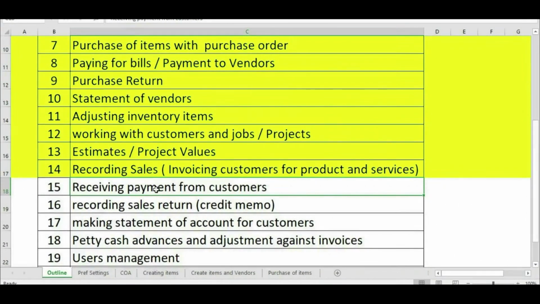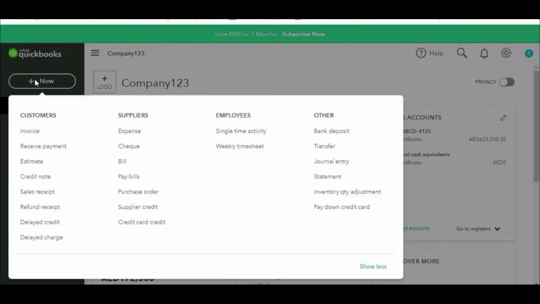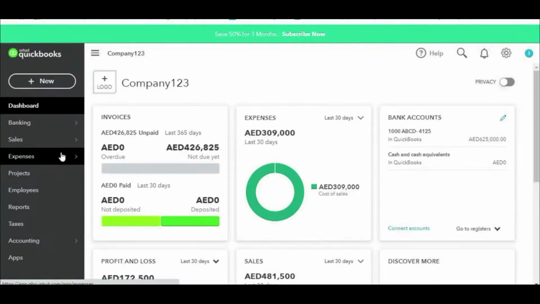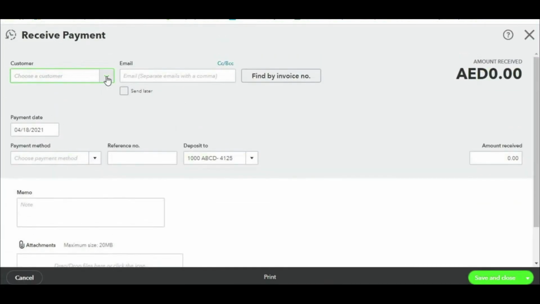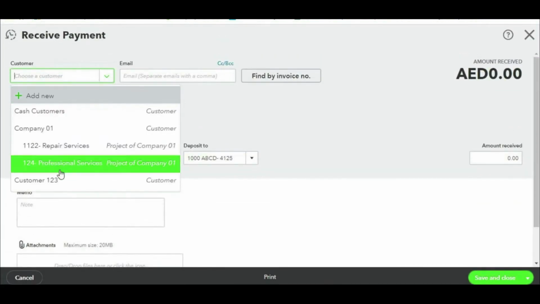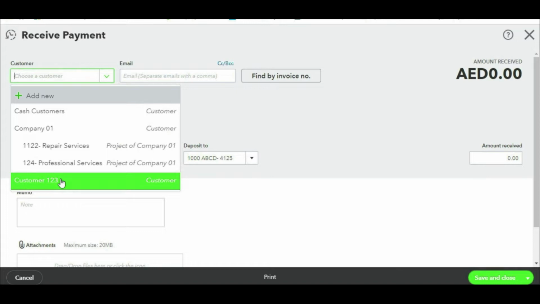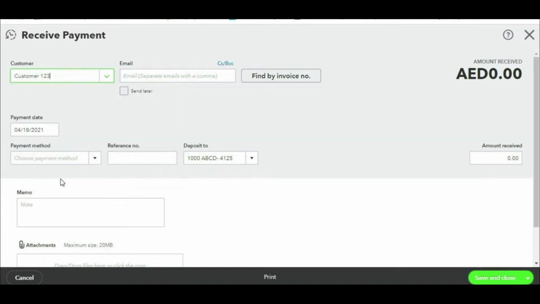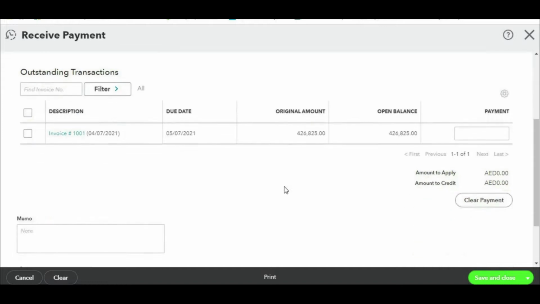Alright, now let's see how we are going to receive payment from our customers. For that, we will click on new, then click on receive payment, and from here you will select the customer. So here we have this customer number 123. Once we select it, if you scroll down, you will see the amount that is supposed to be received from that customer. So this is 426. Suppose the customer has paid only 420,000,